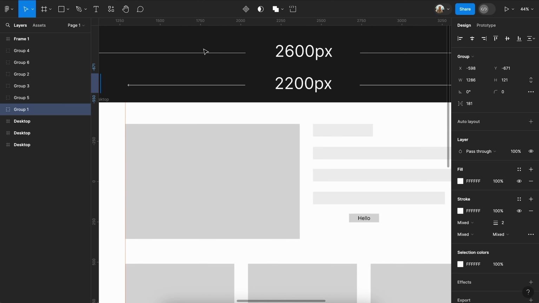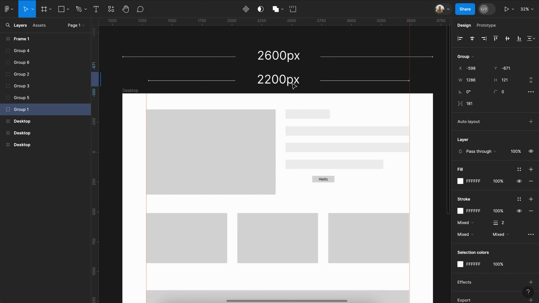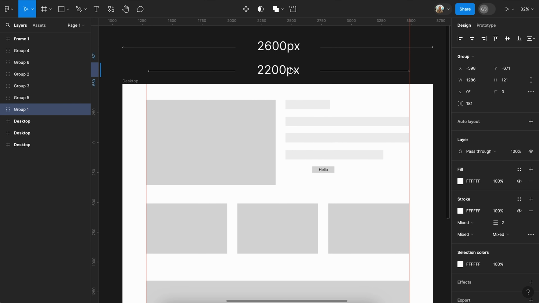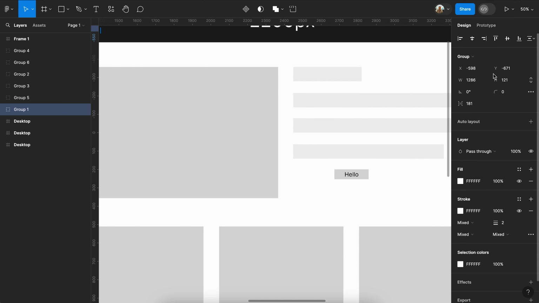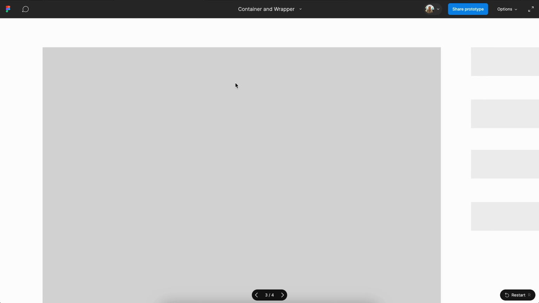So when they actually view the design that I have made in 2600, this is how it will look. You might be designing by checking at zoom 50%, but the actual view is this, and your content is going out from the frame, going completely away from this screen size. So that's why